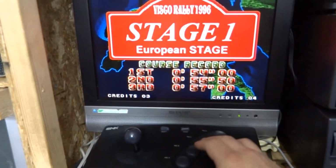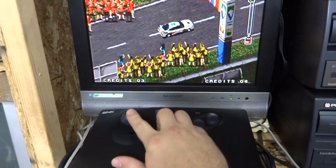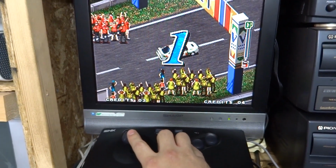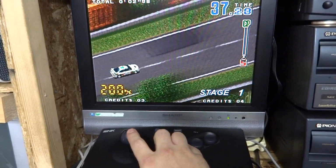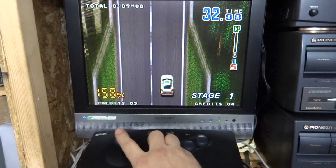Yeah, B's working. Ready? 3, 2, 1, go! This is impossible to play with one hand, but